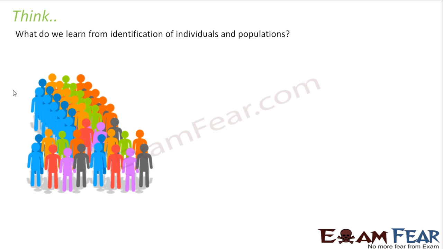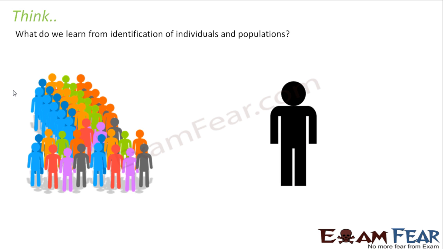Let us suppose there is one guy whom you don't know. Now, when you start observing that guy, or when you start talking to him, what is the information that you tend to get from him? So let us suppose this is a population. That means, what is a population? It is nothing but a group of individuals, right? So when you pick one individual out of that population, and if you start studying him, if you start talking to him, and if you start extracting information about him, what are the things that you might get to know about him? Maybe some basic information like his name, his occupation, where he lives, his address,